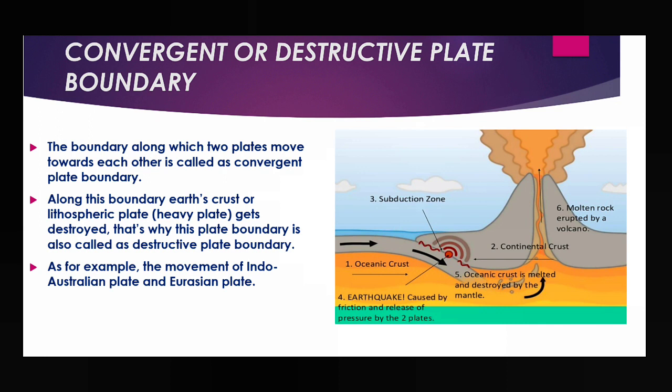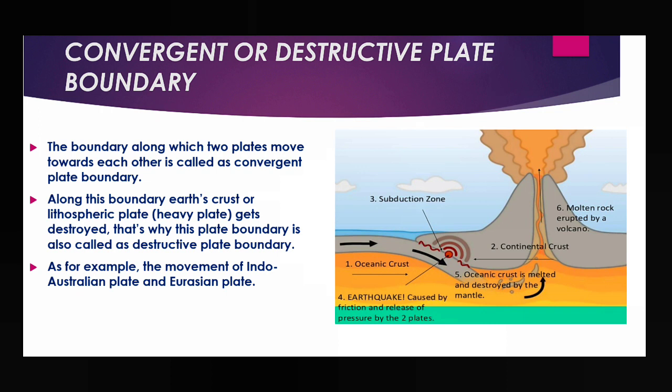And asthenosphere means, I have already told, the temperature is too high, near about 1200 degrees Celsius, and that's why the part of this downward moving plate gets melted and that provides magma. Clear? And this magma gradually comes out, take a look, and then here also volcanic eruption occurred. So here also volcanic eruption occurred, and in divergent movement also volcanic eruption occurred, but in convergent movement